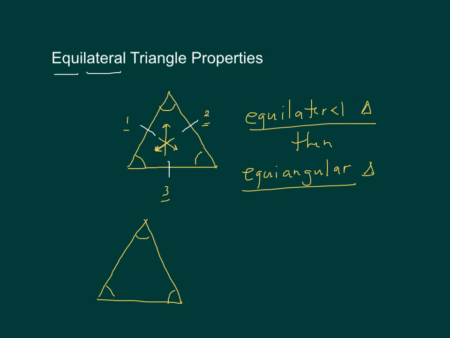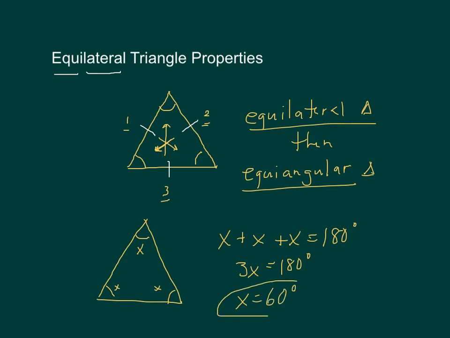And if all three angles add to 180 degrees, let's call one of them X, another one X, and then they'll all be X because they're all the same. And we'd say X plus X plus X would be 180 degrees, or 3 X's would be 180 degrees, or X would be 60